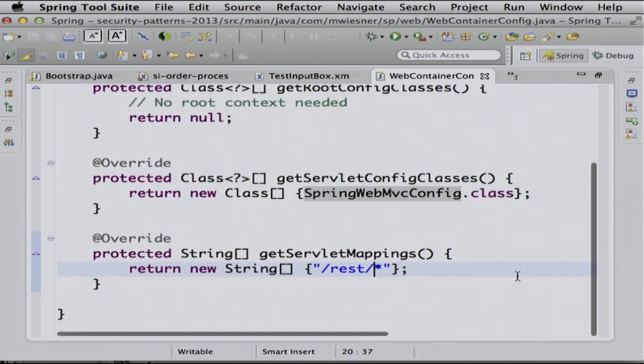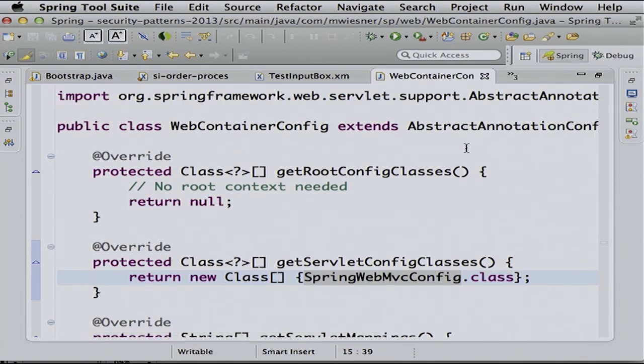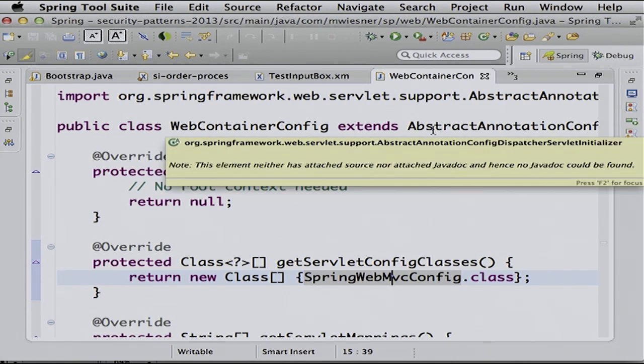You can have more of these classes. You can have as many web container configs as you like, and they will all be merged together. That is just convenient; it helps you start that up. If you want to have more control over it, you can always write all that stuff yourself. If you look at the base class, it will just create an application context and all that kind of thing. So that is just for your convenience, and that's the standard way to do that.